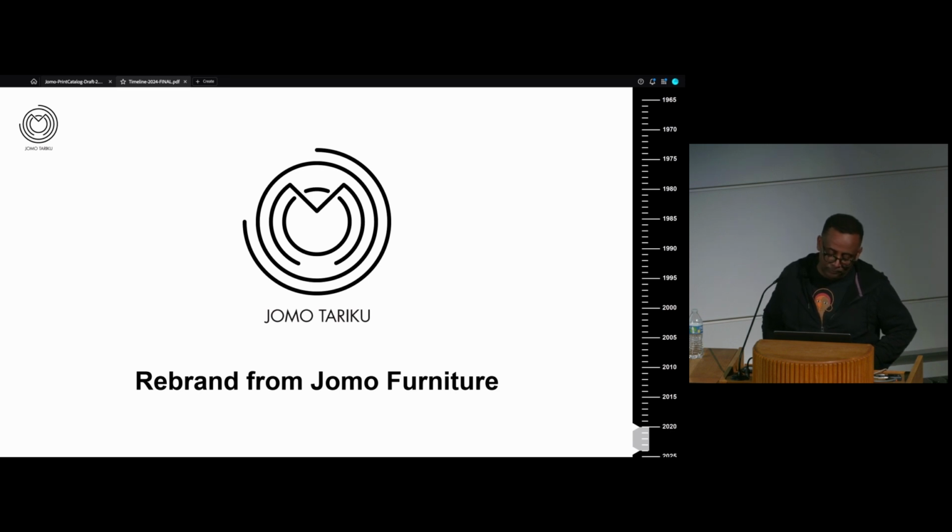And the interesting thing was she asked me what it meant. What is Tariku? So if any of you know Arabic, Tariku is just like Tariq. It's your story, it's your history. And I told her that's what it means. She asked me what Jomo means. Jomo is a Kenyan name, is a Kikuyu word, I think. I think that's how my dad explained to me. And it means burning spear. And she said, you have two great names and you use furniture as your...